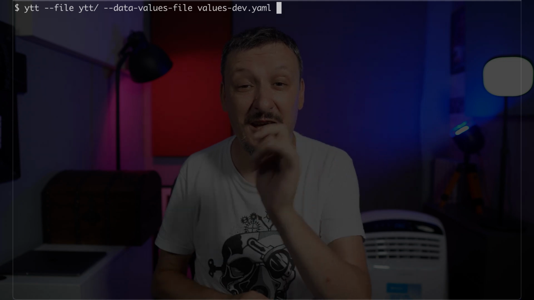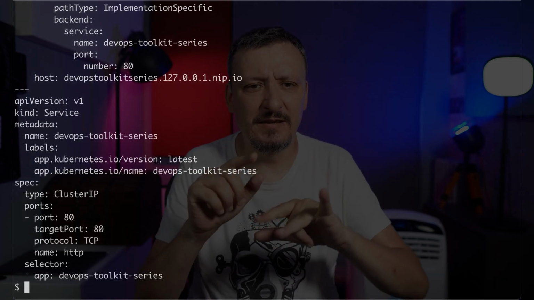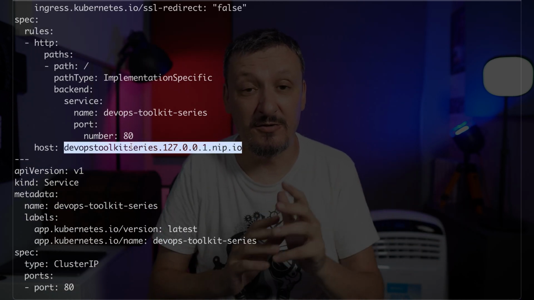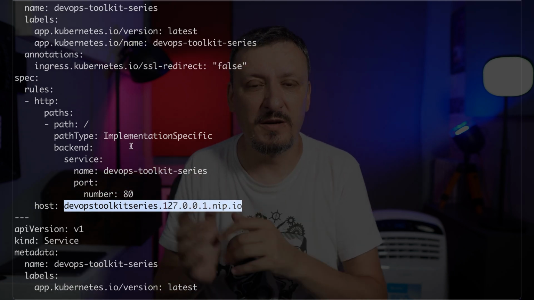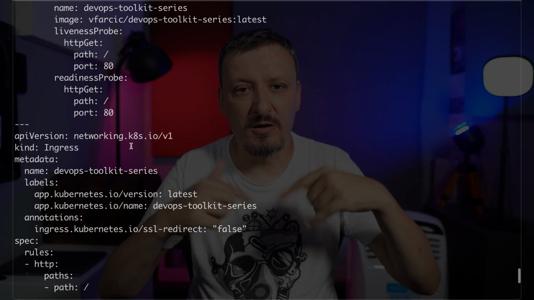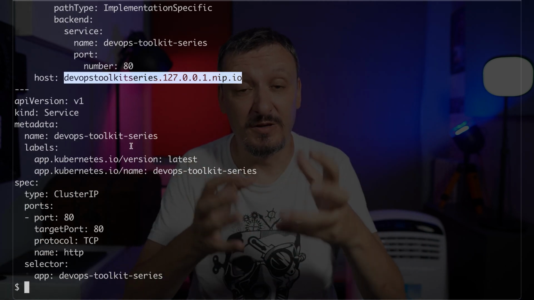So the first command would be ytt. I want to use the files in the ytt directory, but I want to combine them with a special separate values file, which in this case is called values-dev.yaml. And here we can see some differences. For example, the host is not devopstoolkitseries.com, but devopstoolkitseries.127.0.0.1.nip.io, which is something that would work on my local Kubernetes cluster where I'm supposed to be deploying this